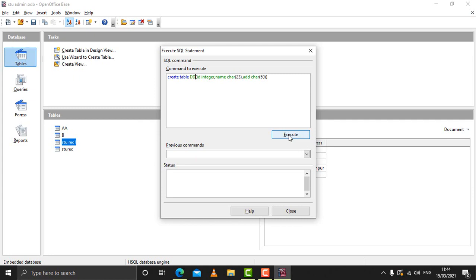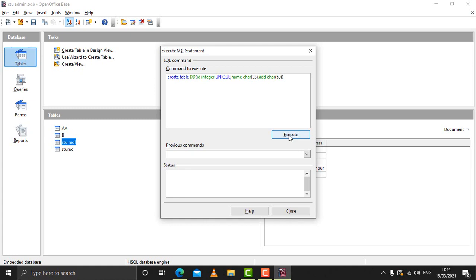Then for that we can make it a unique field. For that, this integer is here, just after integer you have to write unique. As you write unique here, the ID field will become unique. Now whenever entries are made, it will accept and display only unique data, meaning the repetitive data will not be there.